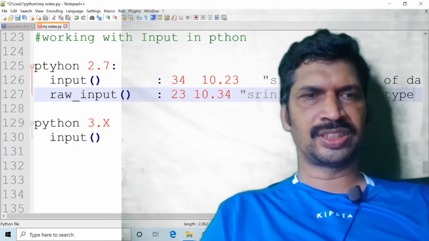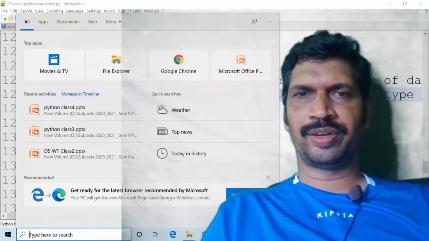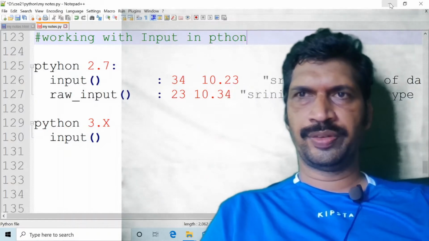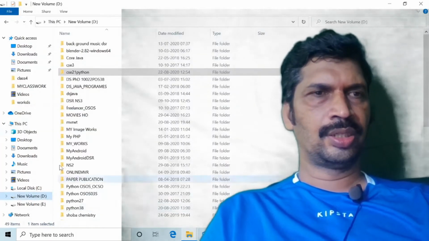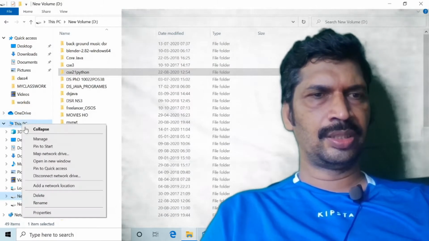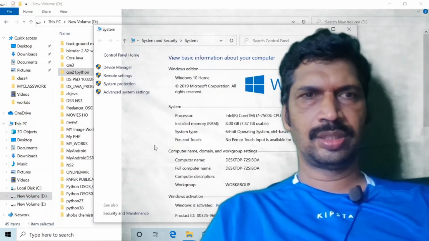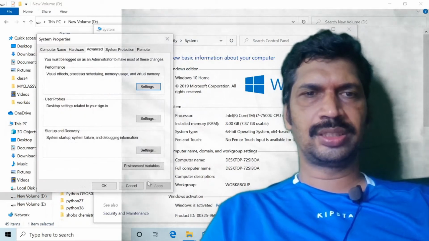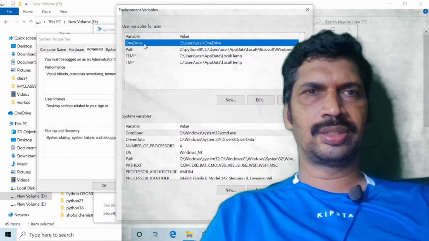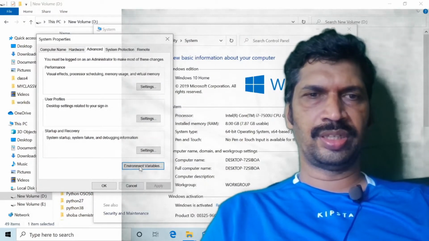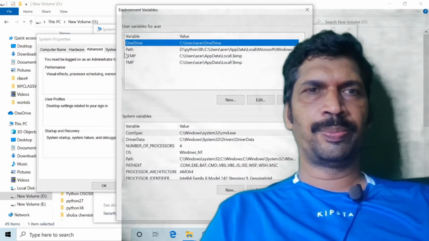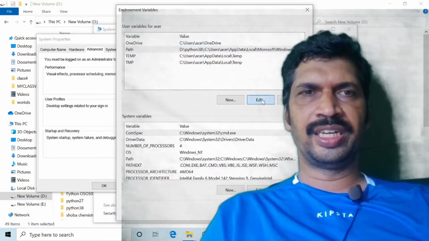I am closing this command prompt and going to environment variables. Go to This PC, properties, advanced system settings, environment variables, path, edit.